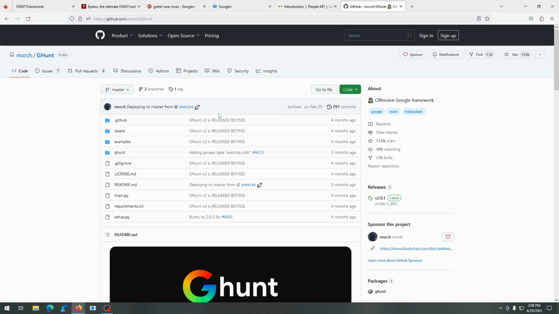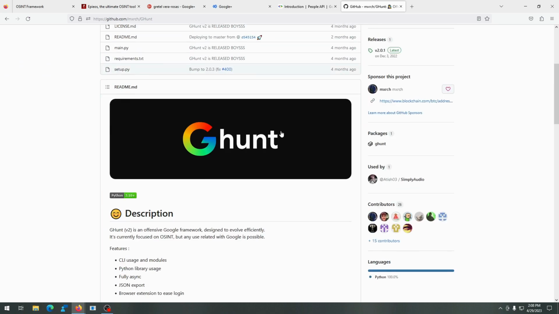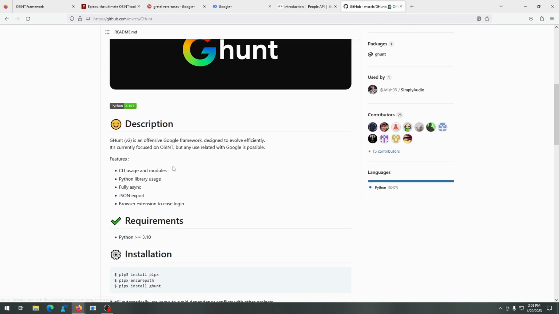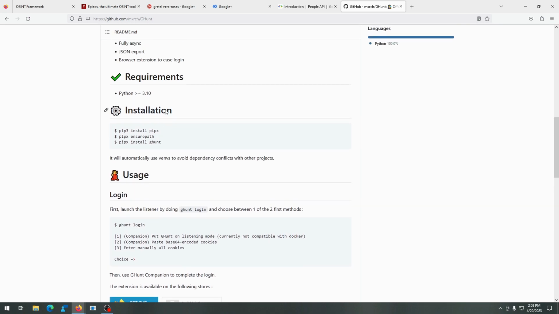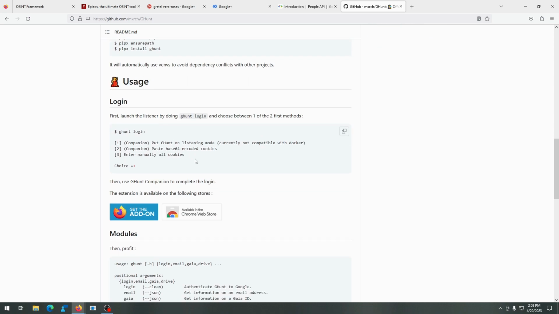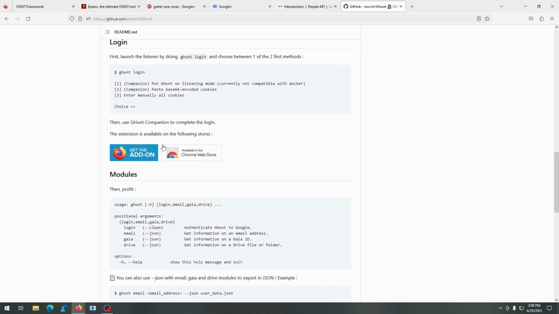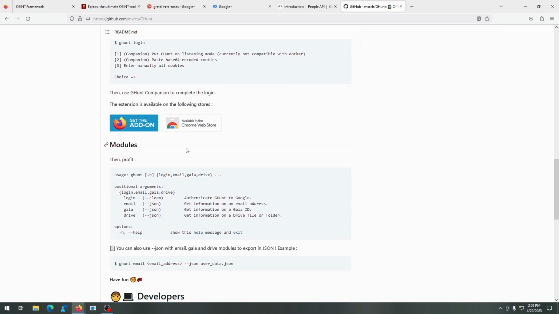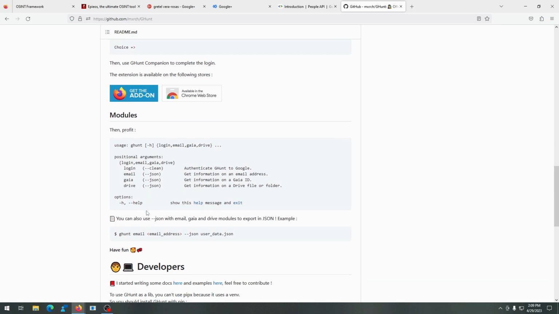Now, what is GHunt? Well, it's basically an offensive tool for searching people on Google. It requires Python 3.10 or further, and you can see that they do some stuff like the GHunt login and so on. But the interesting thing is that if you go ahead and see here,